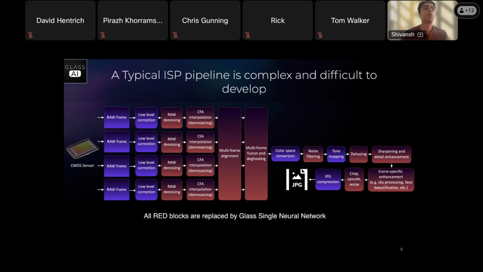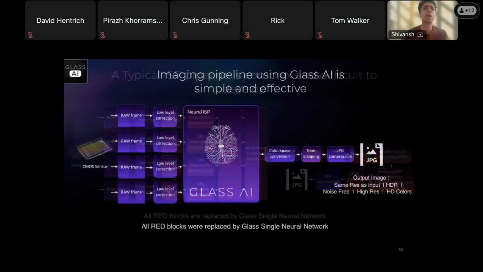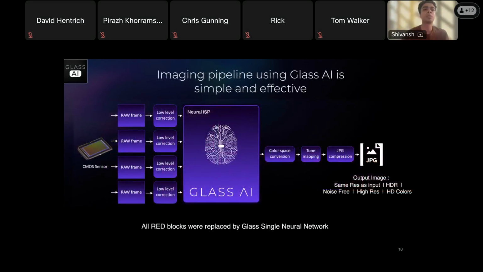Most of these red blocks of denoising, demosaicing, alignment, deghosting, noise filtering, sharpening, dehazing, then cropping, upscaling, scene specific enhancements. All of that we now do as part of a single neural ISP block.